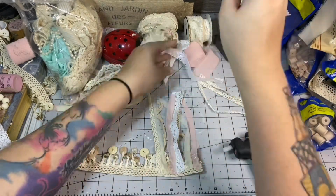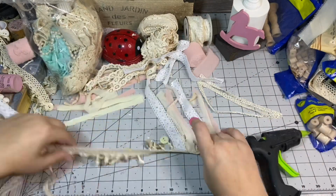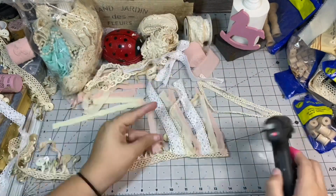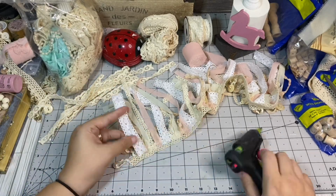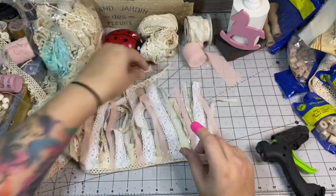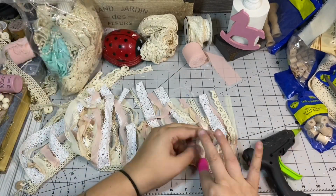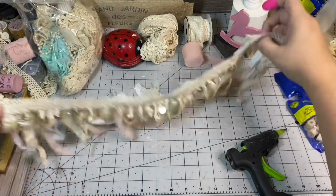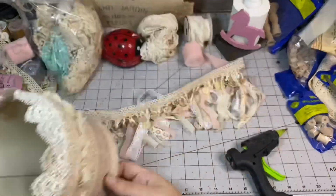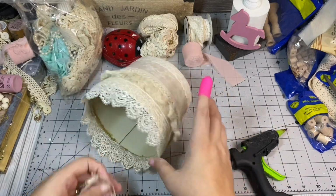So if you haven't figured out what I was doing here, I have this one particular strand of ribbon. Again, I'm going to say this was probably from Hobby Lobby, the one with all the buttons hanging from it. I don't remember, I've had it forever. But I'm just going to take different strips and cuts of fabric and ribbon, and I'm going to make a banner out of this. The point of this is it's going to go along the base of my lampshade, and we're going to glue